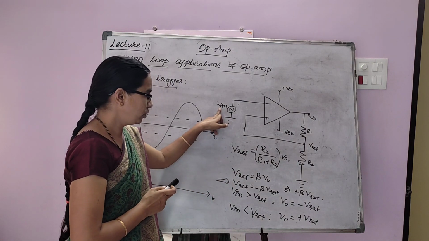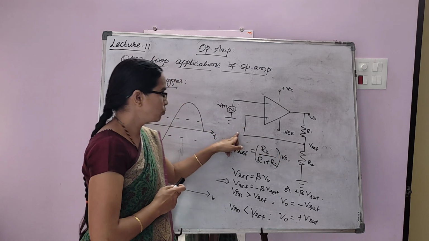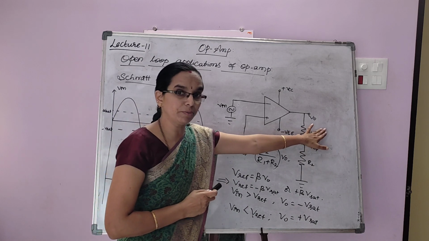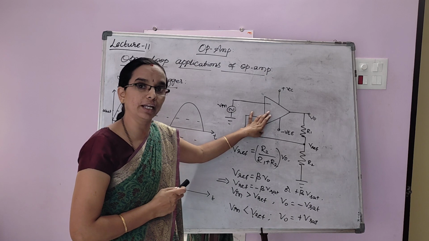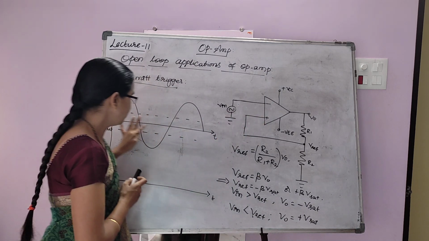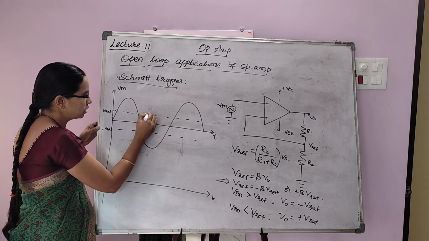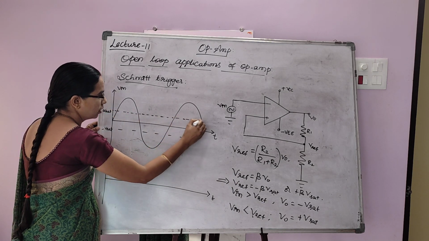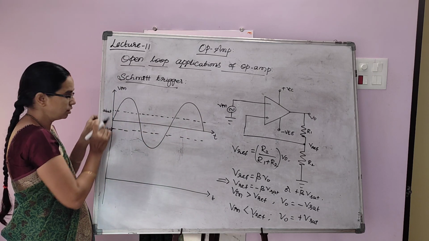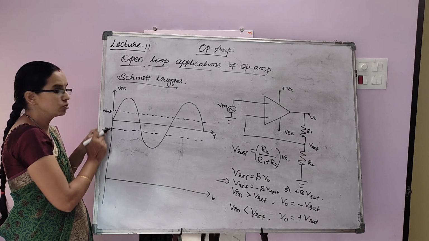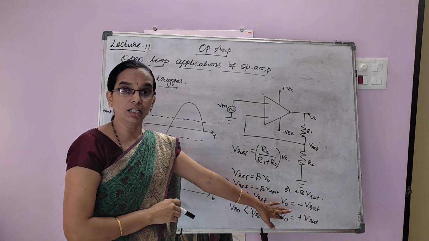See, once the input signal is compared with the V reference voltage, according to that the output will be produced. The same, the fraction of that output is given to the input again for the comparison. So I will show you here. So what happens here, the reference voltages are here. This is the line indicating the positive V reference and negative V reference. Why is it positive and negative?